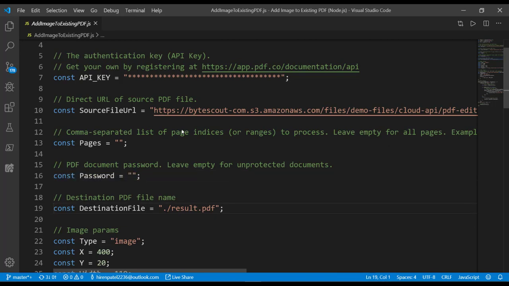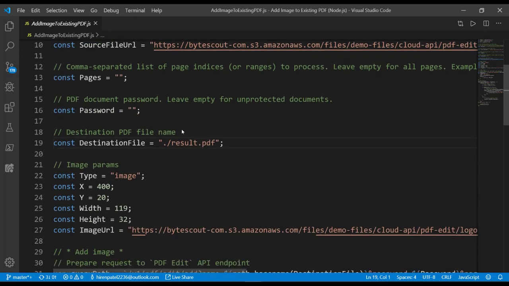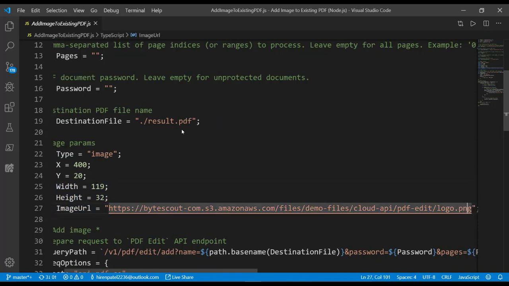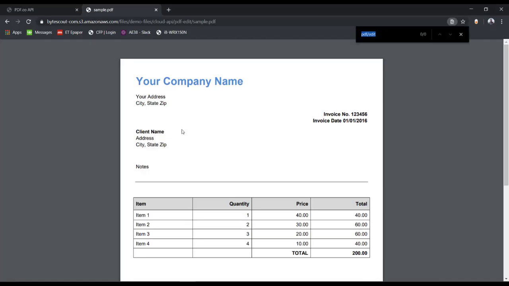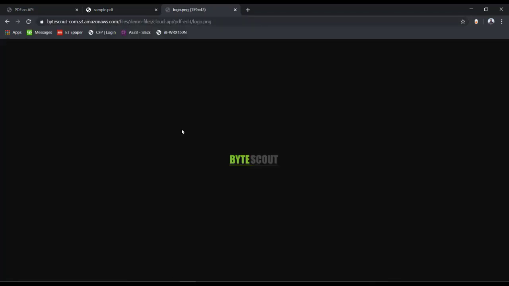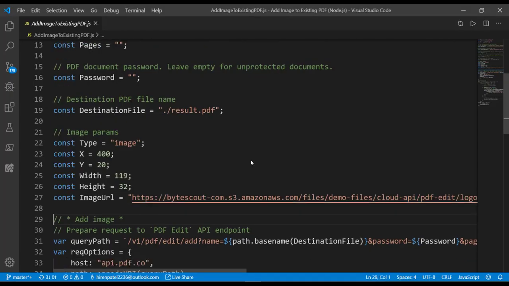We are providing the result file here, and now that we are adding an image into it, we have specified type as image. We have provided the coordinates to where the image needs to be added. We have provided the width and height, and we have provided the image URL. So let us see what we are adding here. Oops. So we are adding the logo of ByteScout here,